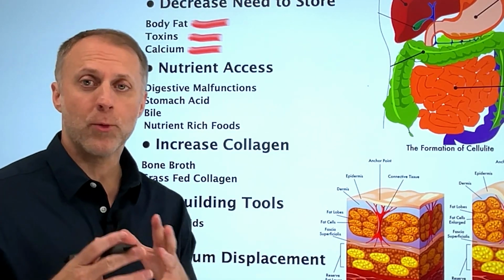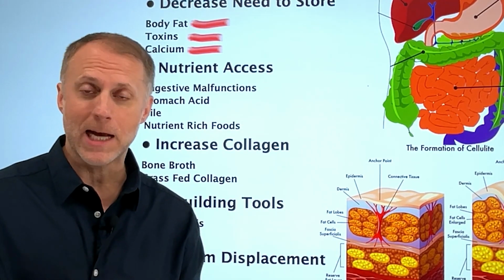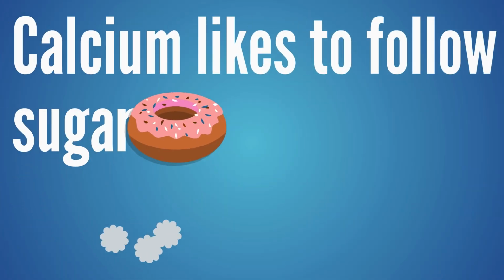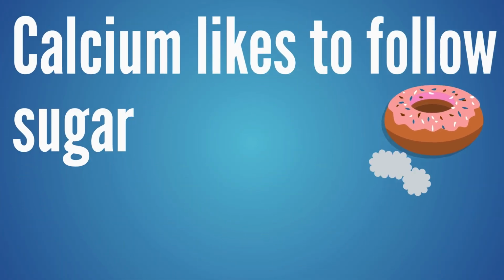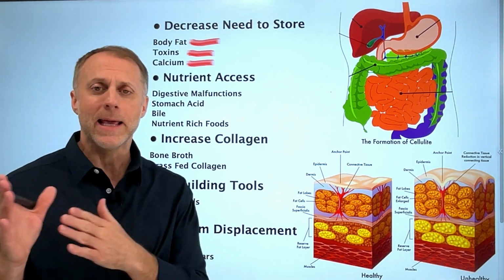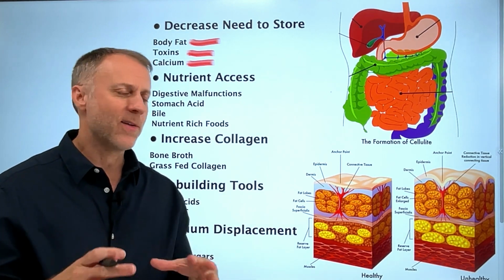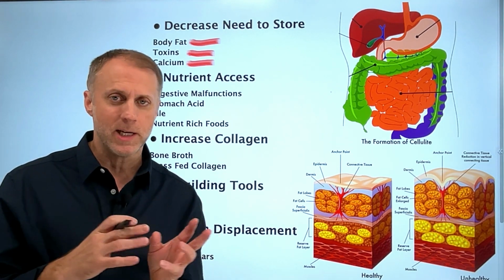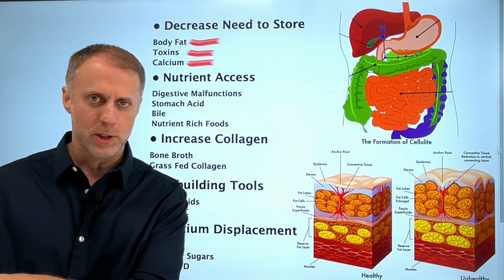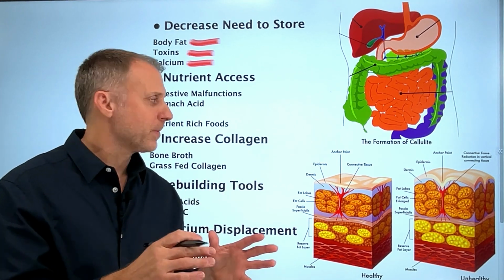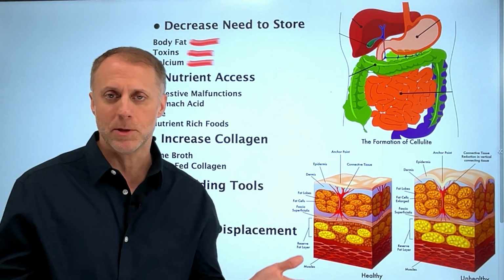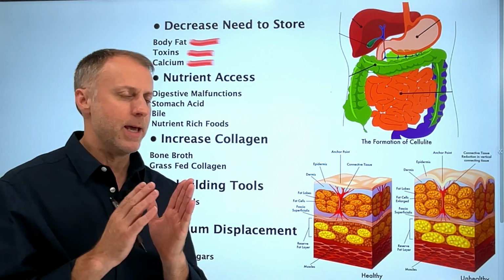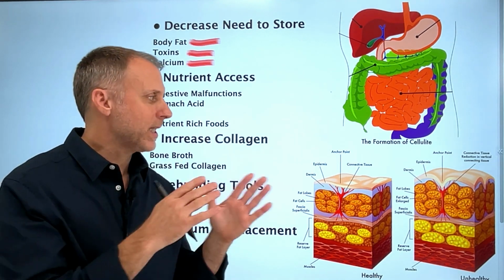Things that can create this include eating too many carbohydrates or sugars. When you eat carbohydrates or sugars, calcium likes to follow sugar, just like you would like to follow the ice cream truck when you were 9. Calcium follows sugar. So if we eat too much of these carbohydrates or sugars, calcium will leave the tissues and all these places where it's supposed to be. It'll follow this sugar, and when the sugar gets burned up, the calcium will just get dropped, and the body will either deposit it in some places, pee it out, or even deposit it in these fat cells.